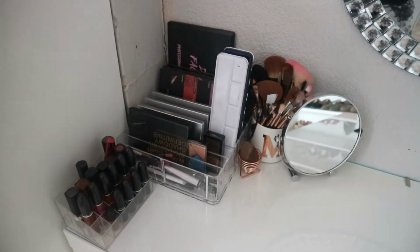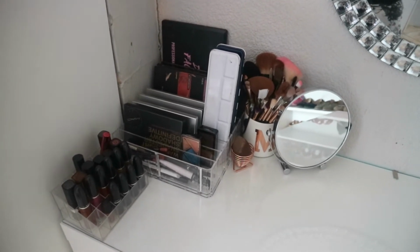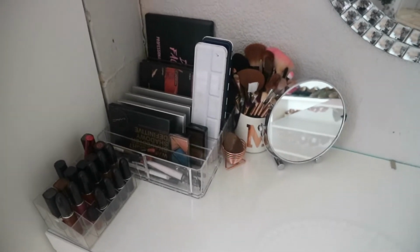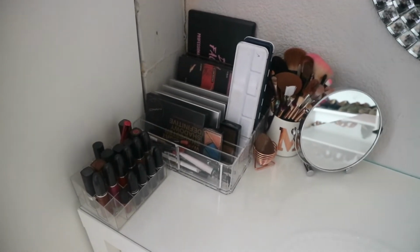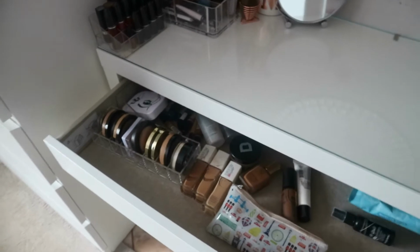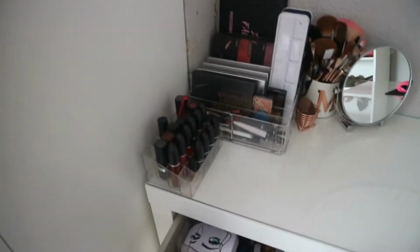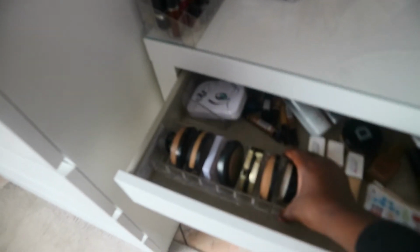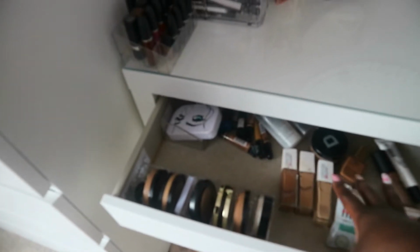I don't like this setup at all. I don't like it because I would have loved for this table to be as minimal as possible on top of here, but it's not. Unfortunately, this does not fit. Oh, so this has a drawer. It does not fit here. Like I can't put in my eyeshadow palettes unless they are laying flat over here. So what I could fit in was this compact stuff and